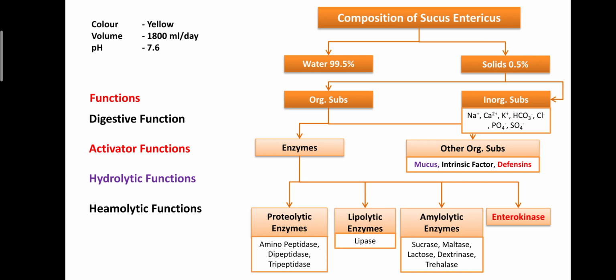and vitamin B12 is involved in the maturation of RBCs. So that's why the small intestine is also involved in the production of RBCs, or involved in the hemopoietic function, due to the secretion of intrinsic factor and enhancing the absorption of vitamin B12. Dear students, without intrinsic factor, vitamin B12 cannot be absorbed from the food. It means if there is any problem in the stomach or small intestine, the secretion decreases, and that can cause anemia.